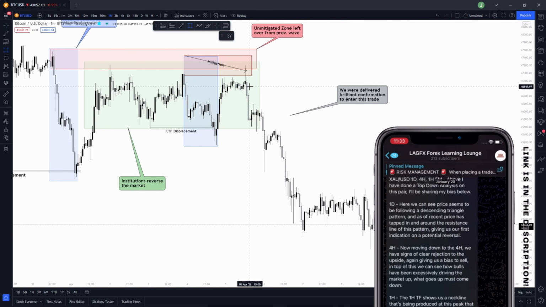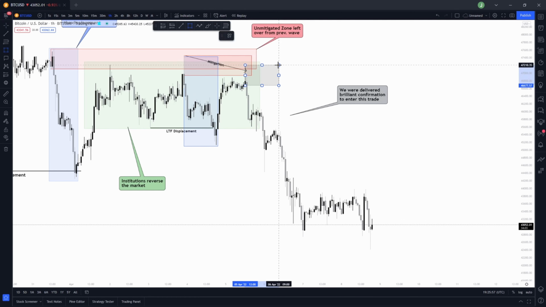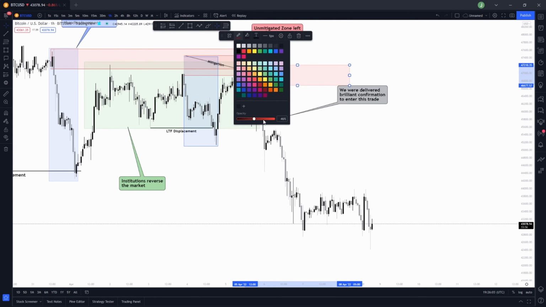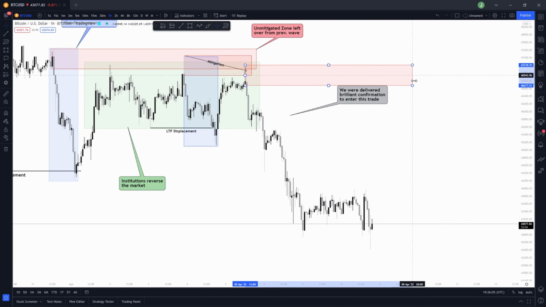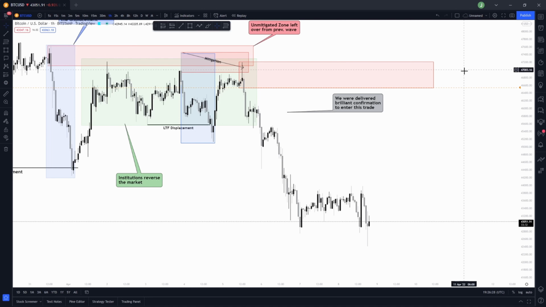inefficiency. So we'll now be looking for this as a supply zone, hoping to see price trade back up, mitigate this position before continuing lower. So in this market, we're going to have an alert set at around 46,541. So the last few markets we've analyzed have all been sellers markets, so pretty much waiting for the alert